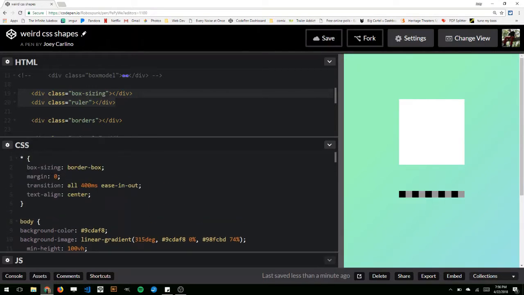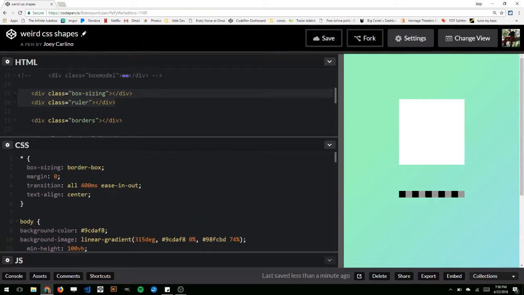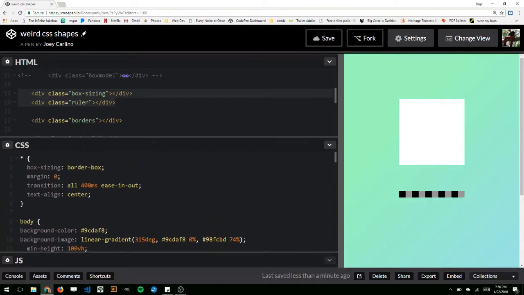Like if I gave the body a margin of 10 pixels or whatever, then because it's after this, that's how CSS works. It cascades. So right now I have my box sizing set to border box, and what that means is if I add a padding or a border,